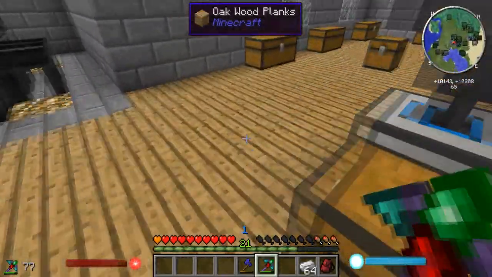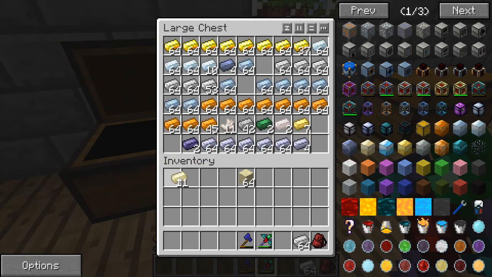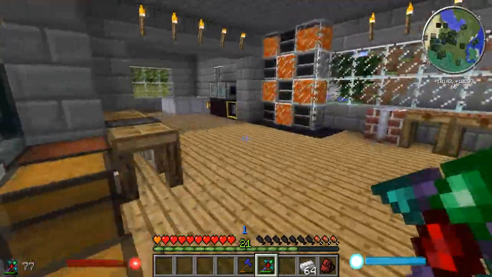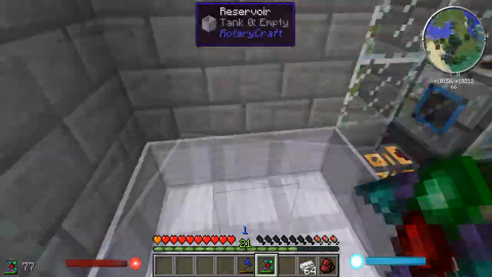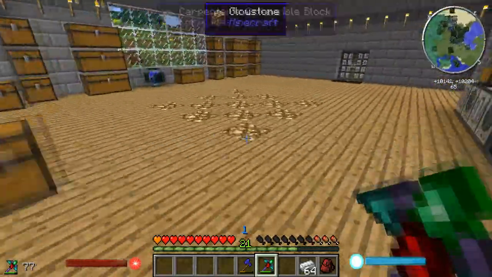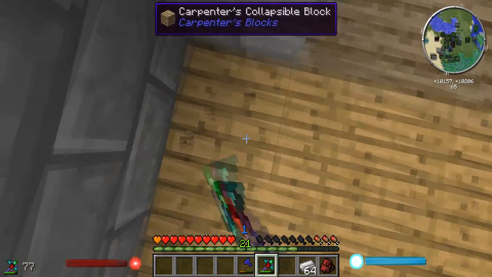So what I need to do is make sure that I get a lot of this stuff. I need to grab the last bit of ferrous that we've got, and a little bit more iron, and I'll just shift click that into there, so we've got enough. Once this is smelted down, I will then resume the video and we shall make the engines that we're going to be needing. I need to make as many as I can